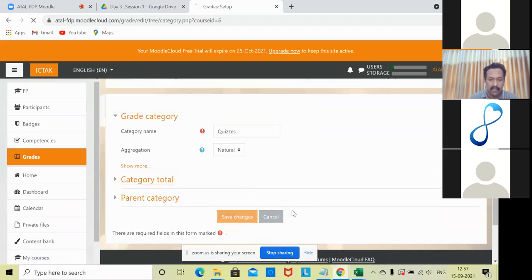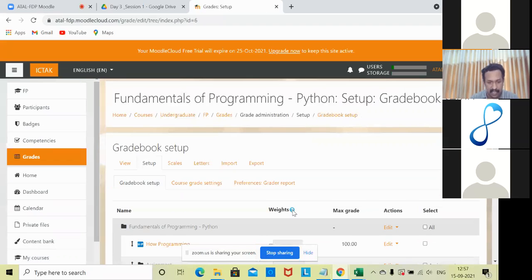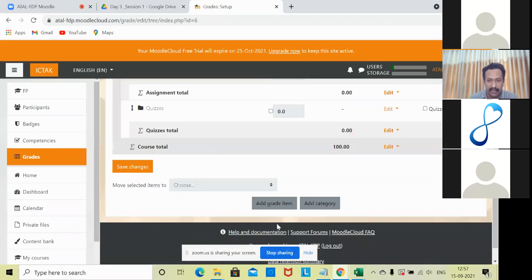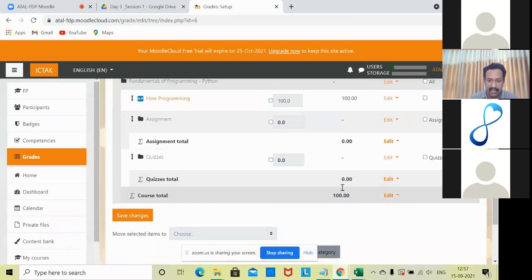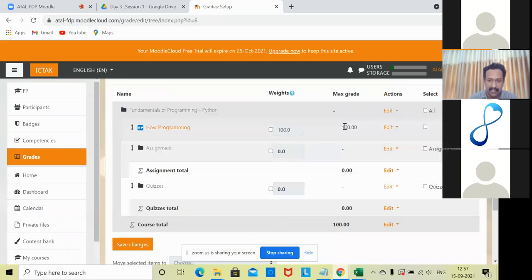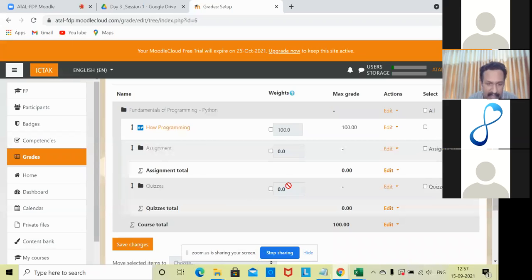We can provide the weightage later, so leave that part as such.